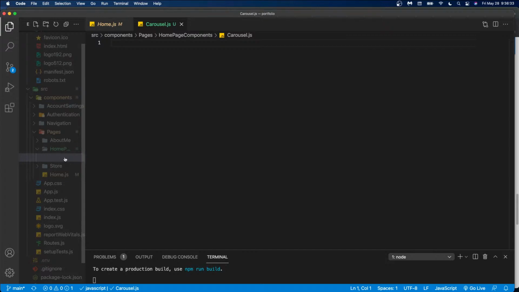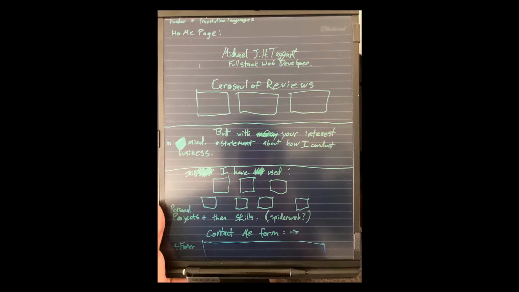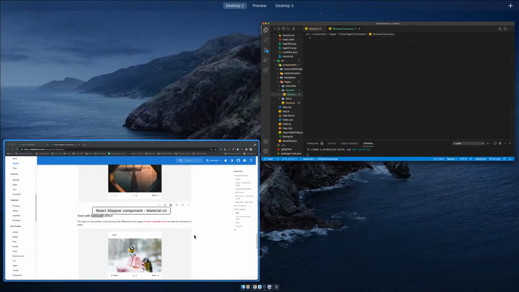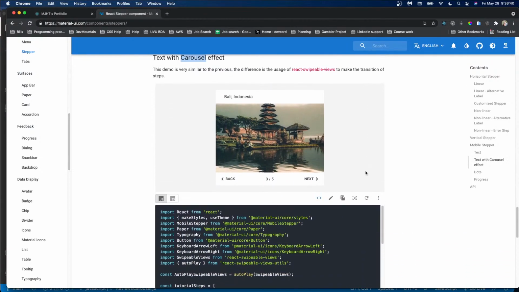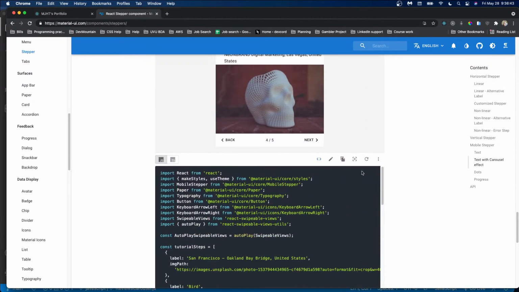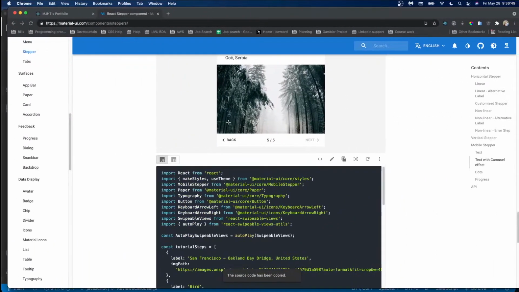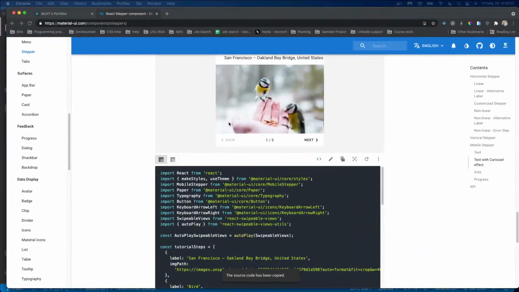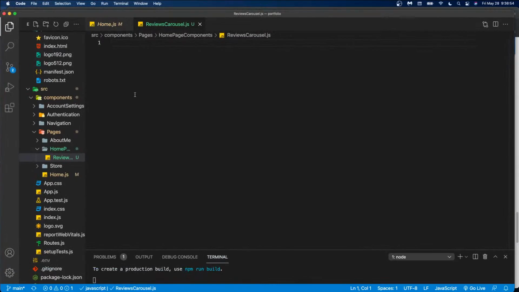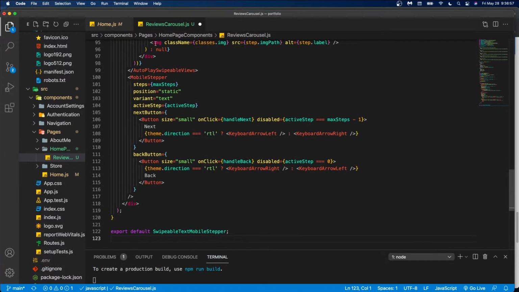Reviews carousel. All right. So what this does is it really cleans up my code, because now I have a fully functioning carousel. Leave me alone, little doohickey. Now I have a fully functioning carousel on my